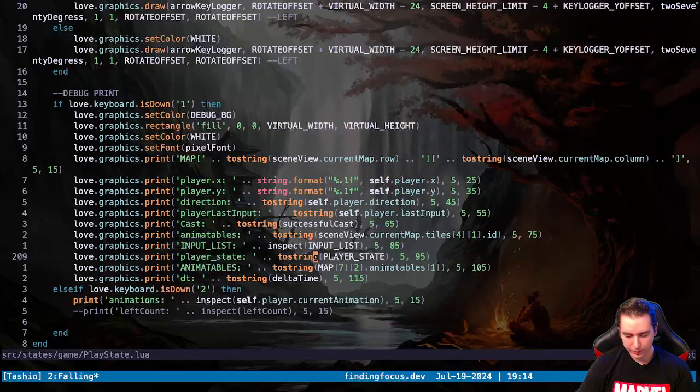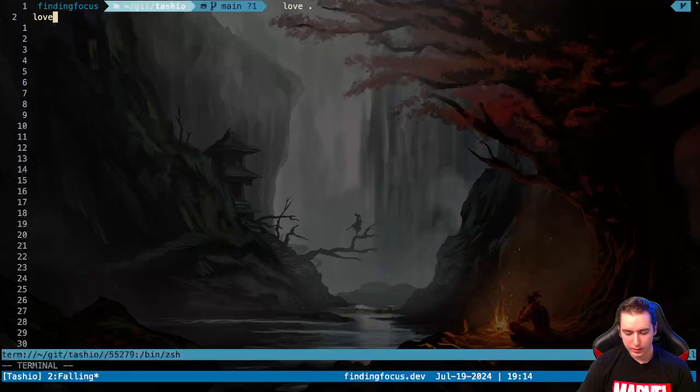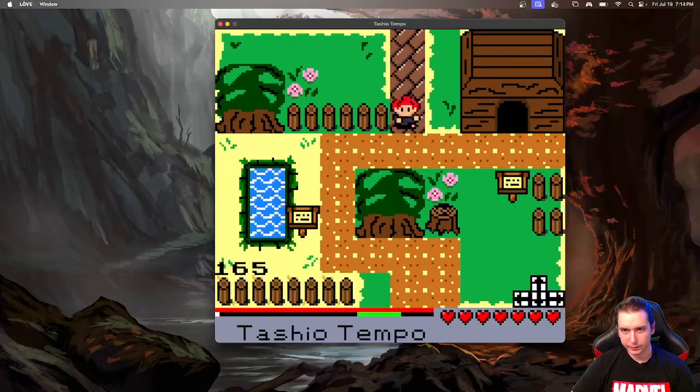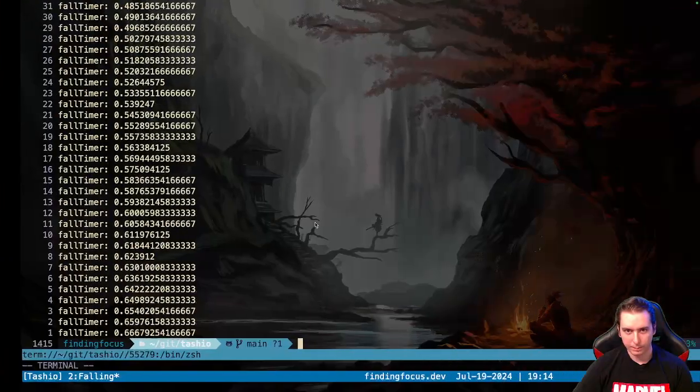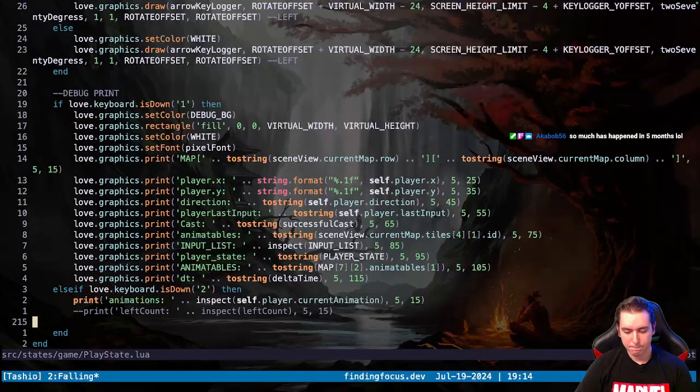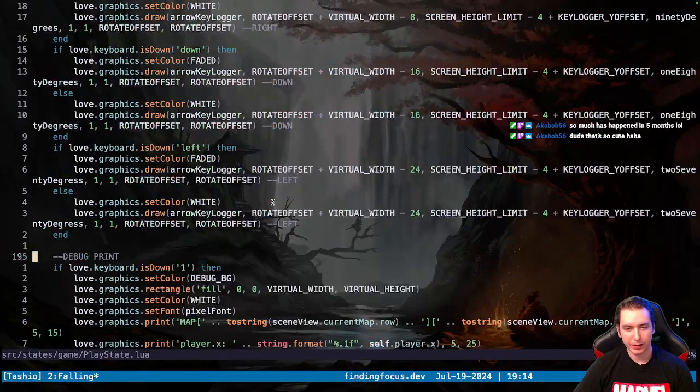Thank you. That's awesome. You see our guy falling here? We've got Tashio falling. We just need to make him fall into a pit. So that's what we're going to be working on. We've gotten pretty good. Like if my computer wasn't broke, I could show off how cool the tiled painting is, but